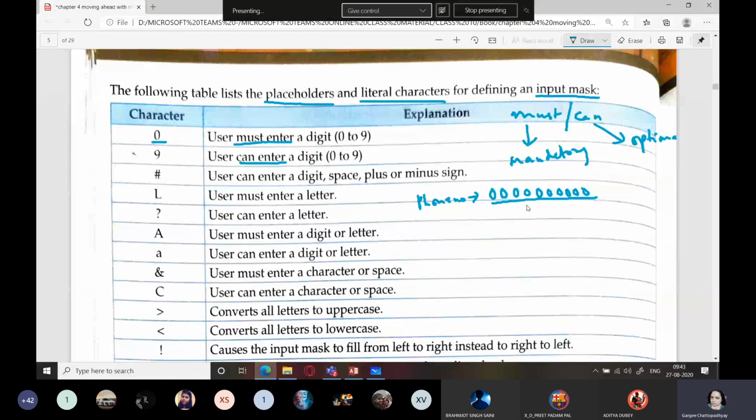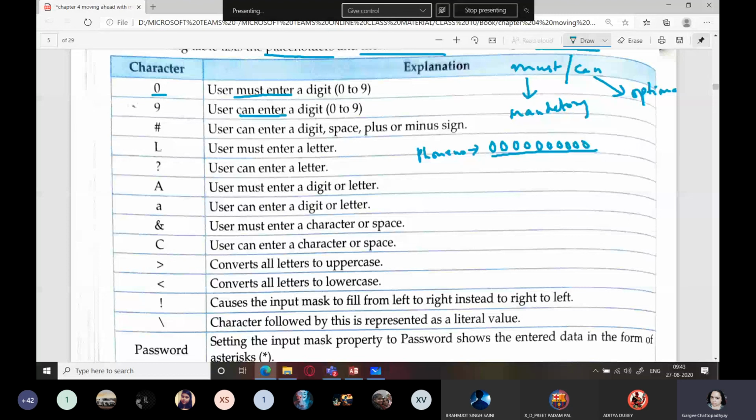Next is 9. If instead of this, I just provide 9. Maybe the first 4 digits are compulsory, and the next 3 digits are optional. So these are mandatory. 4 digit तो आपको enter करने ही है. It can accept 3 more digits if you want.